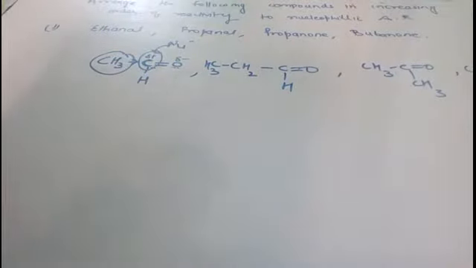Now what happens, if suppose the positive charge on this carbon is more, the nucleophile can come and easily attack this carbon. If we decrease the positive charge on the carbon, then the polarity of the bond will decrease and the nucleophilic addition reaction will become difficult. Now how this positive charge can decrease? This can decrease by adding here plus I effect group. Now you know that this methyl group, it is a plus I effect group. So it releases the electron towards this carbon, hence the positive charge will decrease. The polarity of this bond will decrease. And when the polarity will decrease, it will become difficult for the nucleophile to attack.